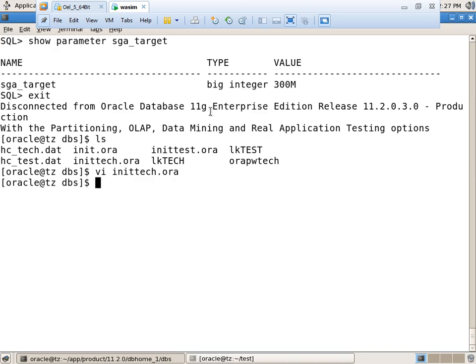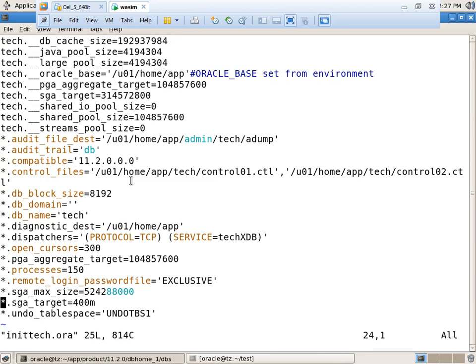This is a text file, that's why I am opening it through the vi editor. Okay, vi, whatever file name is there. Just enter. It will show. Here I change the value from 300 to 400.